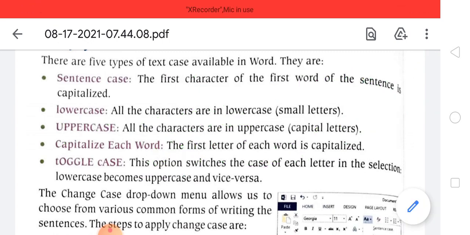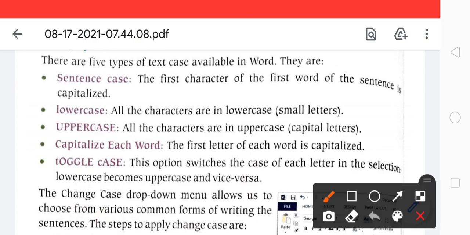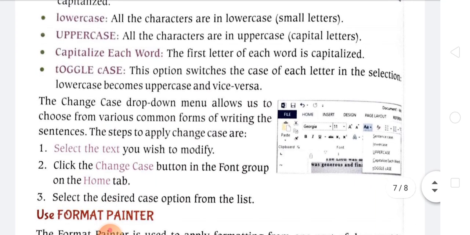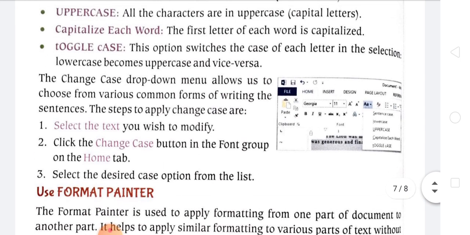Then toggle case, here you see, just like this. These are many options, and to use them, just select the text you wish to modify, then find change case on the home tab, then click whatever you want, and automatically the text is formatted.